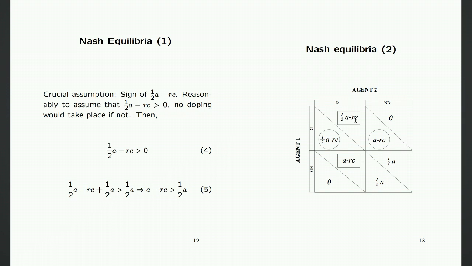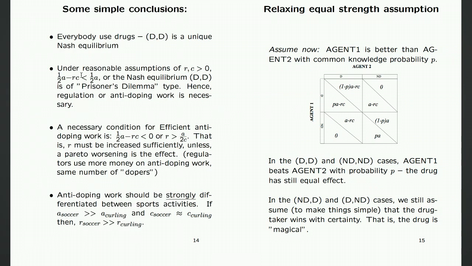The cost of drug taking is eliminated, and you of course have the same price. Or actually you could perhaps argue that the price would increase if every spectator would know that nobody took drugs. It could be that more people would be willing to pay for looking at the event. Of course, it's the willingness to pay for looking at an event, even if it's on the stadium or on TV, that basically is the content of this A, which is paid back to the athletes. So it could actually be an even stronger prisoner's dilemma than we actually see here. Okay, that was the second one.